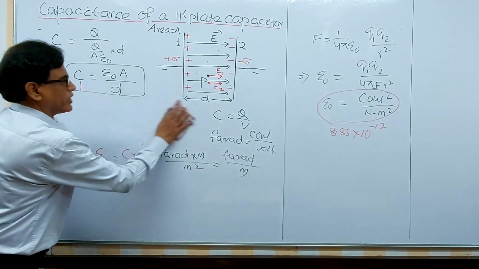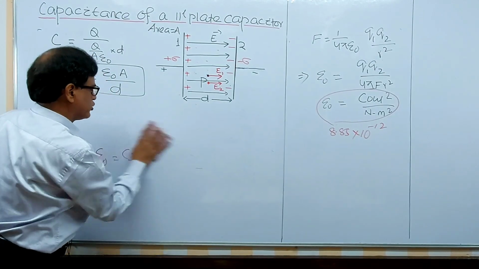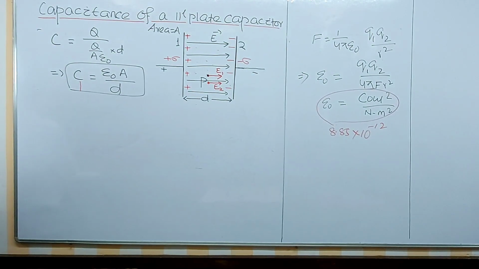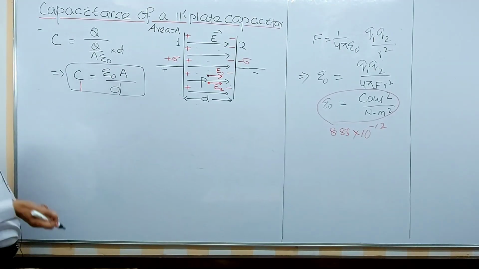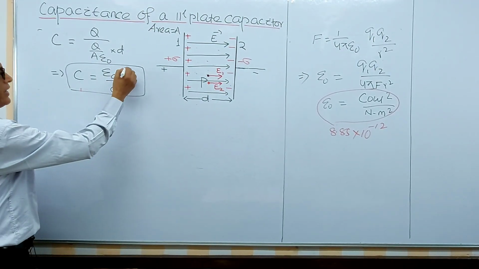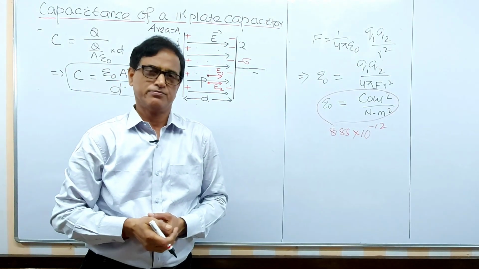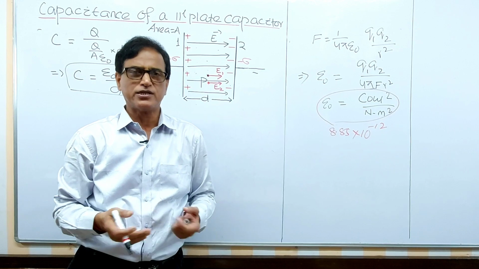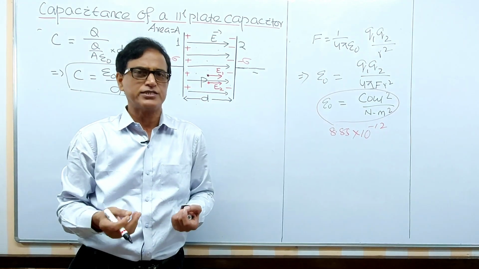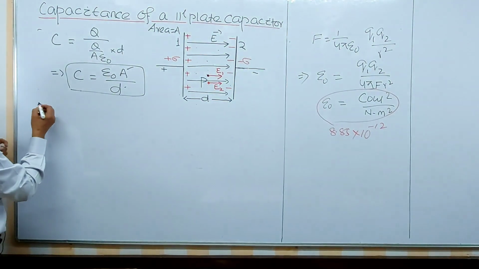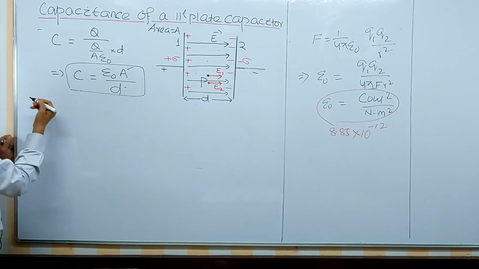Over. Now let me again describe, again take a numerical. See, now here what happens, sometimes you may be asked a question where you will be given A, you will be given D, and you know the epsilon 0, you can find this. Find out the capacitance of a parallel plate capacitor, a simple numerical. If A is given, D is given, epsilon 0 is given, you can find it. See, how to manipulate in problems. So, how to do mathematical manipulations, I can say.